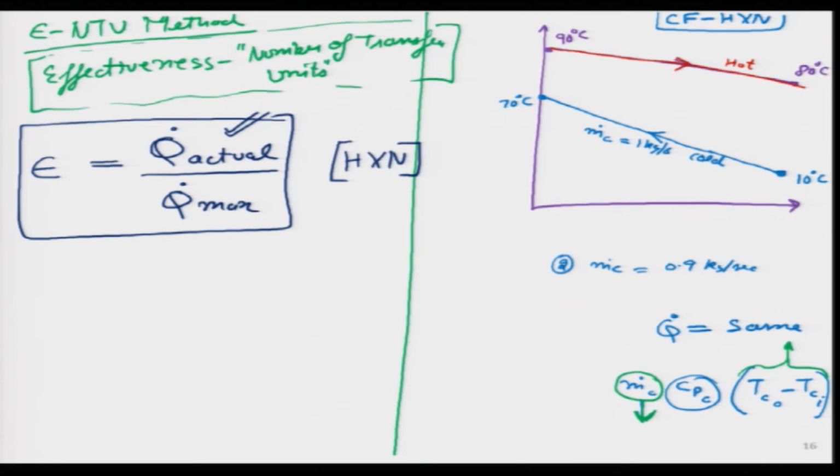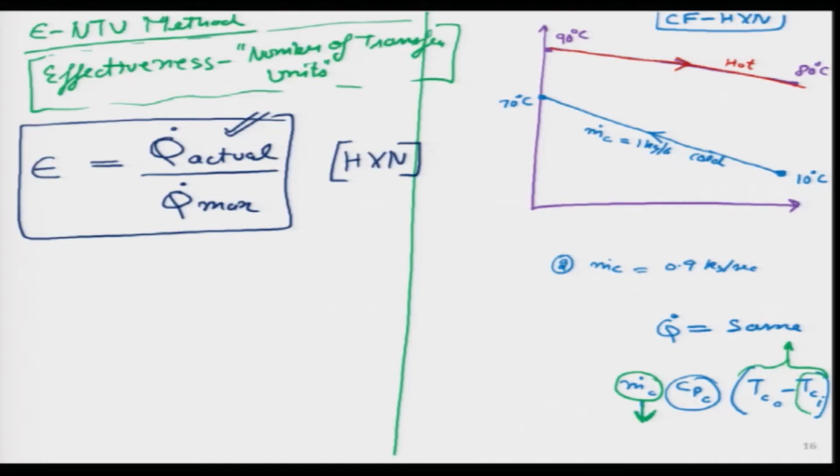If I reduce the flow rate of the oil just a little bit, from 1 kg per second to 0.9 kg per second, the inlet temperature of the cold fluid is fixed. It is 10 degrees, but the outlet will not be at 70 degrees now. It may increase a little bit, and I can figure out the exact number by doing the energy balance. All this long story is just to make this point: if I go from 1 kg per second to 0.9, the temperature of the cold fluid outlet increases a little bit.